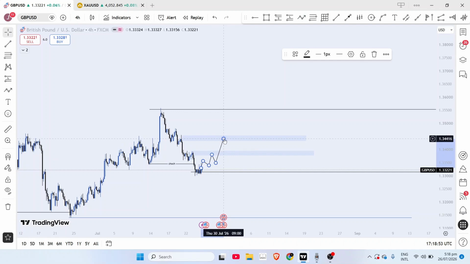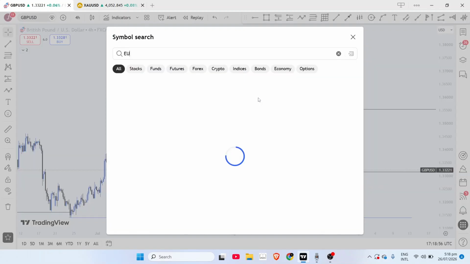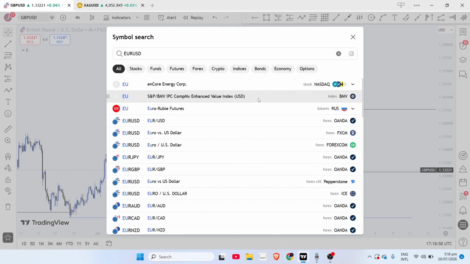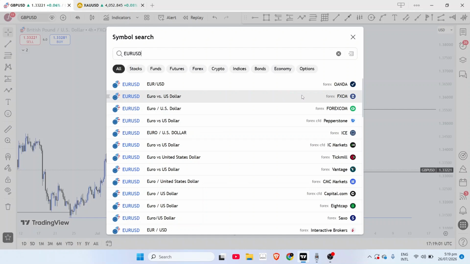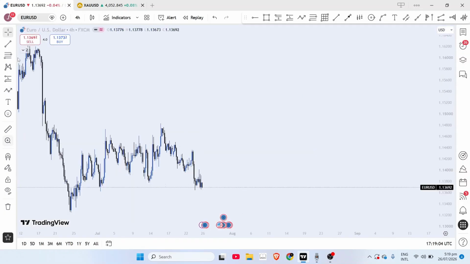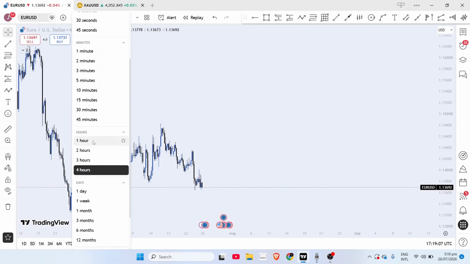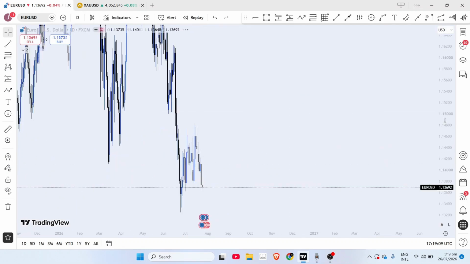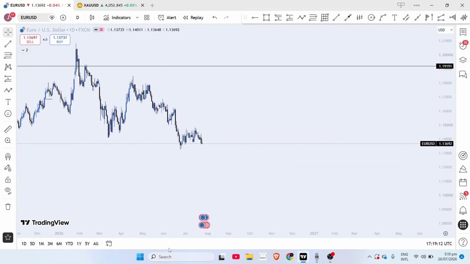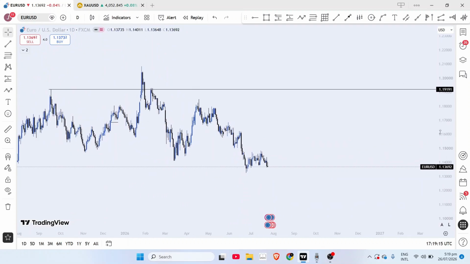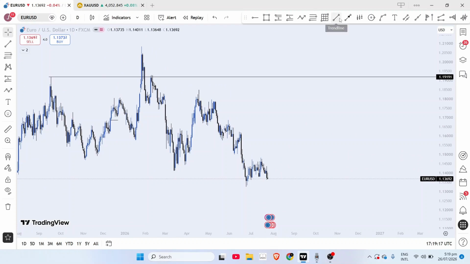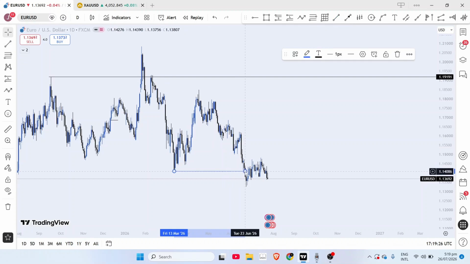I'll be moving on to the next pair now, which is EURUSD. So let's check what's happening on EURUSD. You know, EURUSD and GBPUSD have a similar kind of movement. On the daily time frame as well on EURUSD, the break of structure is clearly evident, more than on GBPUSD. So we have our BOS right here. Then we can see this kind of